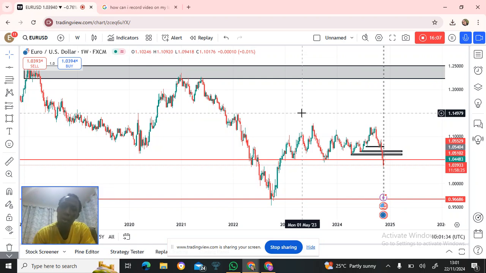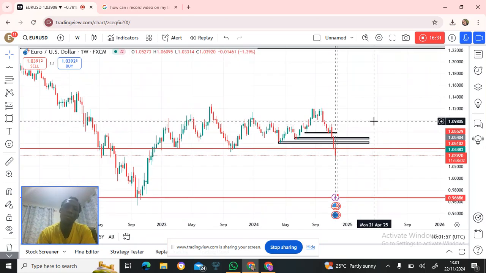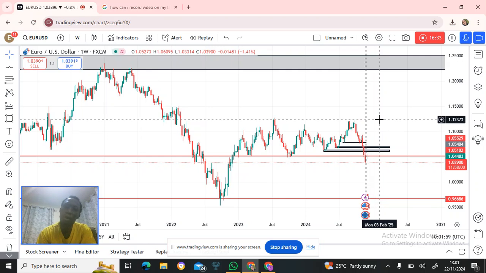So the most important thing before you invest your money in the financial markets, please make sure that you are dealing with somebody who has knowledge in the financial market with the proof. Don't just tell somebody because he is a self-proclaimed trader, you give him your capital to trade for you. My brother, my sister, you are going to lose it all.